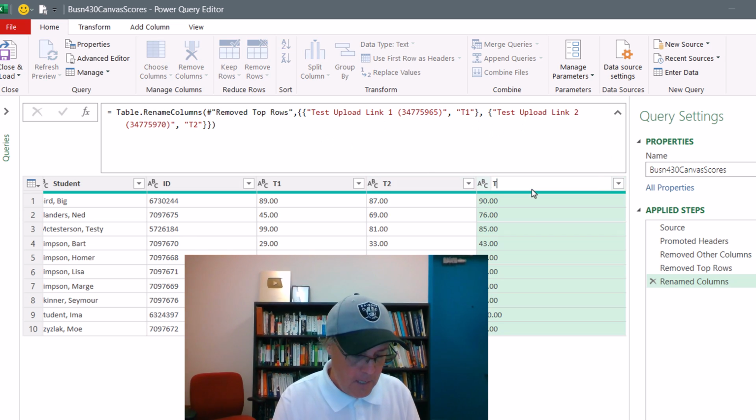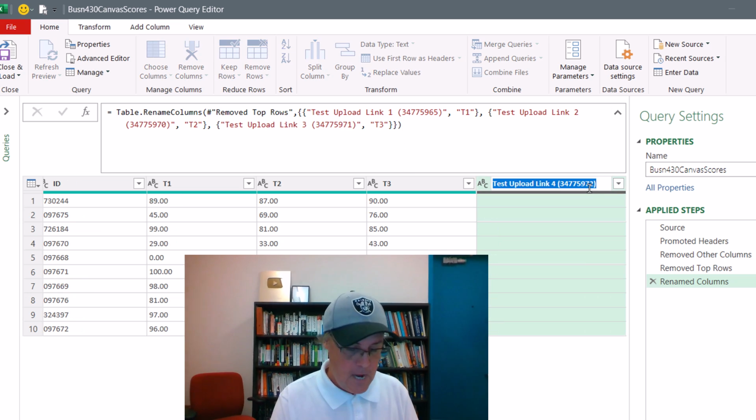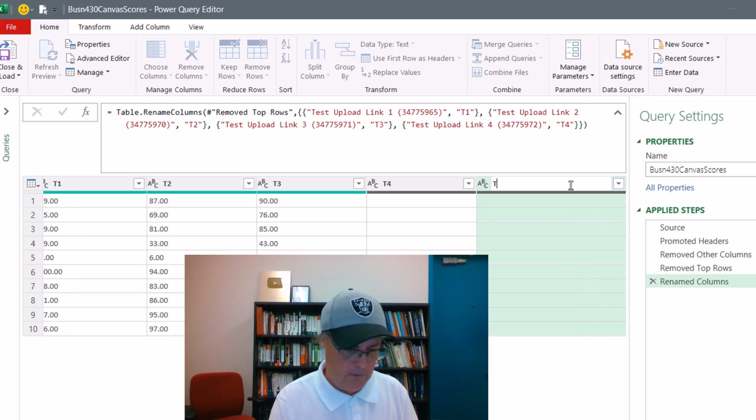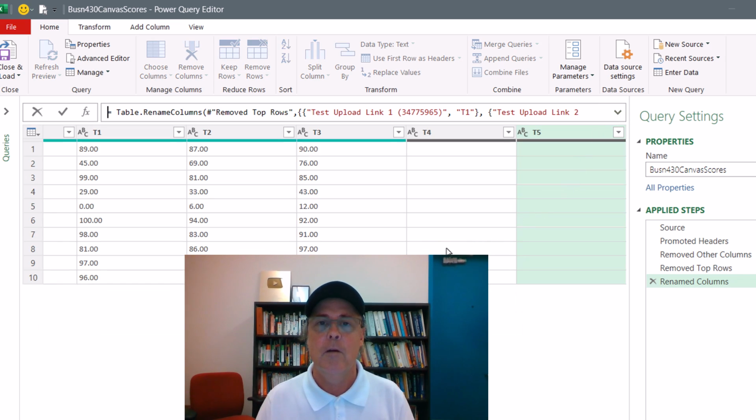Double click test 3. That is so cool. Test 4. And then finally test 5. Now notice we don't have anything in those particular assignments yet. But there's our completed formula. We can close this. Perhaps the most important thing when importing data, especially from Canvas, is notice these are not